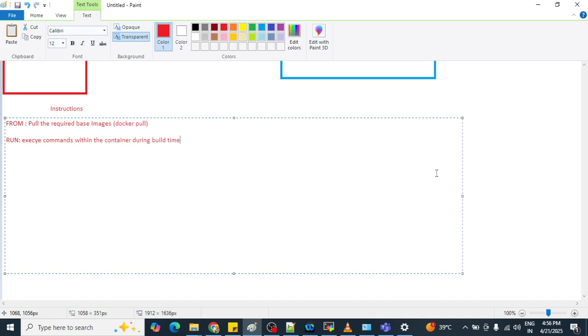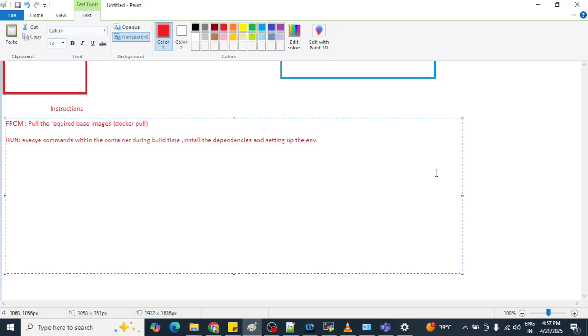Also we can use the RUN instruction to install the dependencies. Also we can use it for setting up the environment.